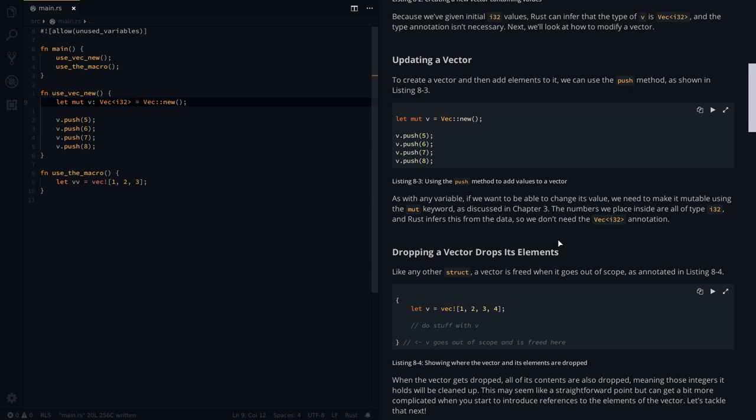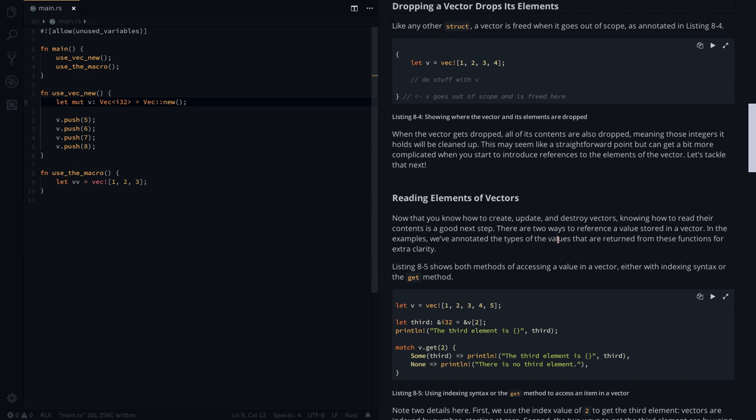Dropping a vector drops its elements. Like any other struct, so vectors are structs. Okay? A vector is freed when it goes out of scope. Listing 8.4. Okay. Goes out of scope, and then